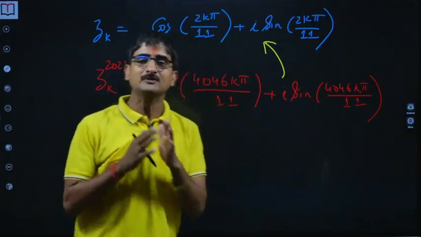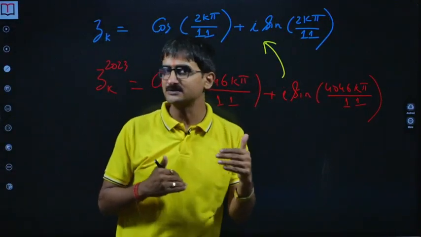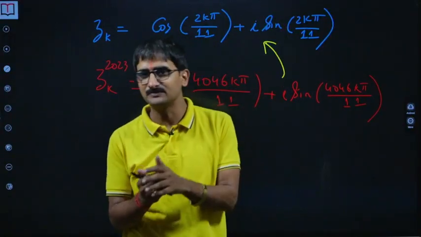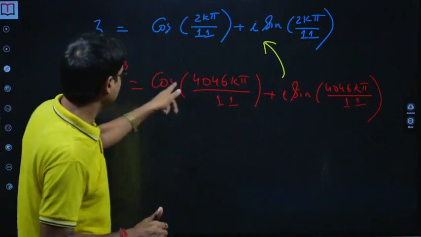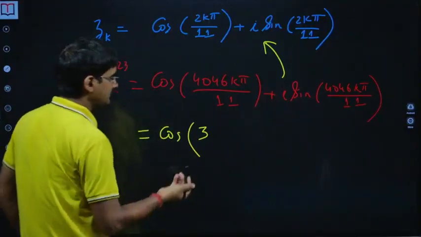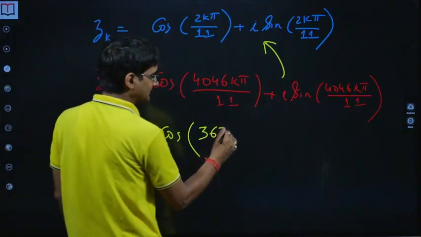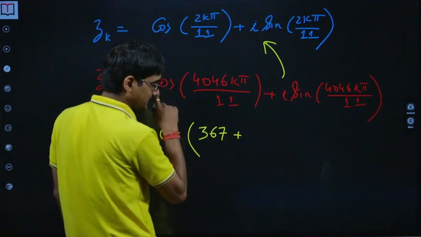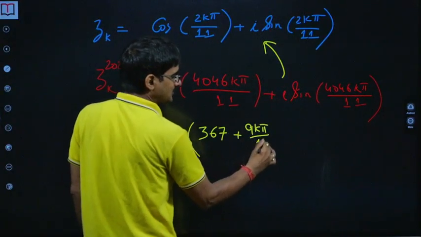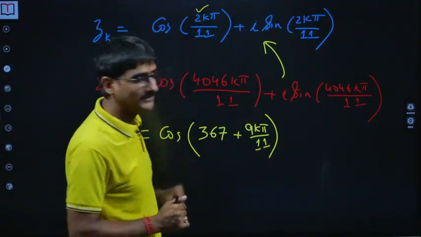Now I'll next try to use those identities: cos pi plus theta, sin pi plus theta, cos 2 pi minus theta, 2 pi plus theta, whatever we get. So for that, divide this by 11. So 11 3 33, 74 6 86 77. Okay, 86 and this is 9k pi by 11. Now see, that won't help. Why? Because if I have to compare, it should be an even multiple of pi, 2k pi.